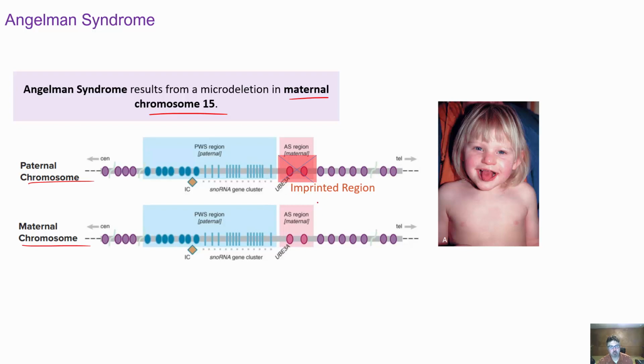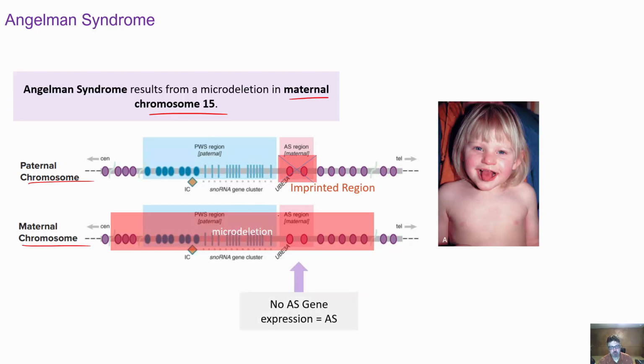As long as this chromosome down here is working just fine, or this gene here is working, this paternal chromosome will be turned off. It will be imprinted. Now with Angelman's, if you have a microdeletion at any point along this area here, that will fail to imprint the paternal chromosome. And when we fail to imprint this paternal chromosome, this is when we start to see Angelman syndrome. So here we have no Angelman syndrome gene expression. And if you don't have that gene expression here, this will get turned on and it will cause the result of that